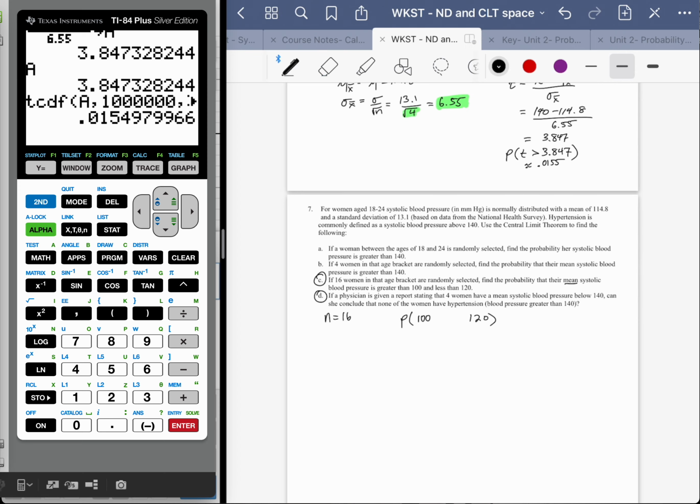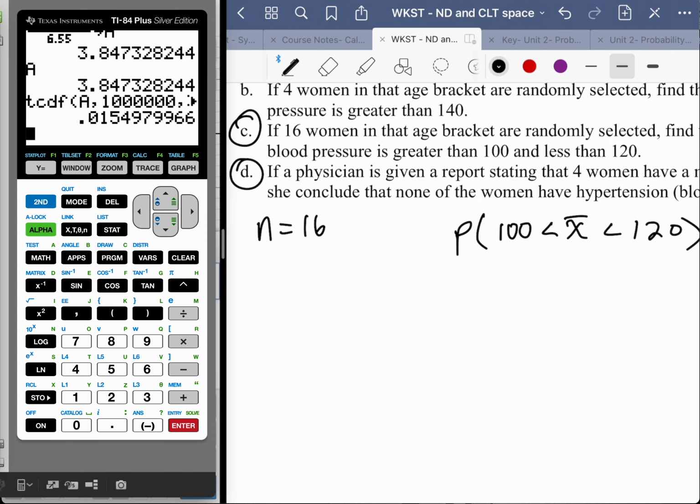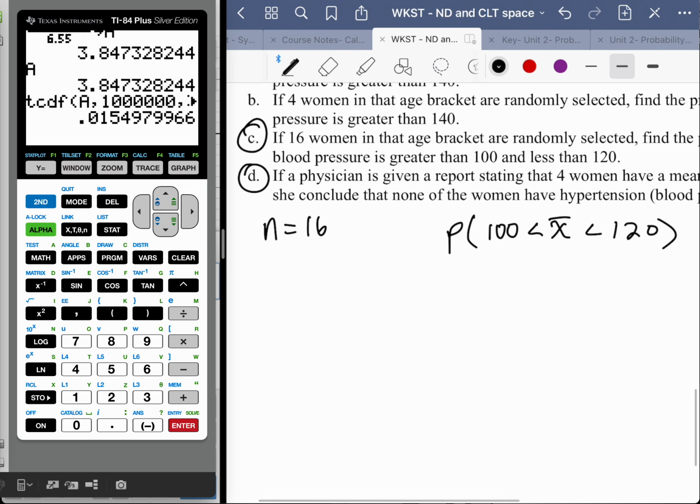Doesn't amount to a difference, and we'll learn about why in about a week. We'll really get into the graphs of density functions, but for now, just believe me when I say so. Less than or equal or less than symbol are not going to amount to any difference in the probabilities. So what we're looking for again,